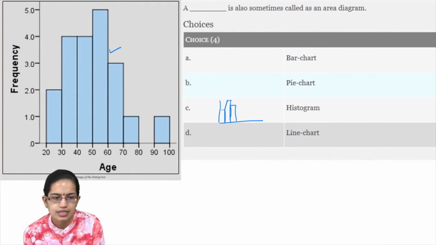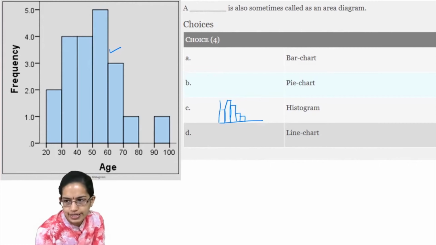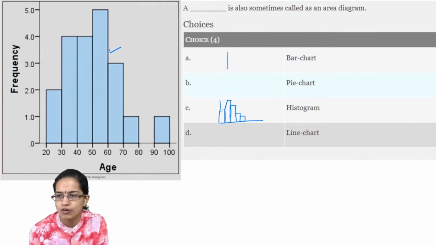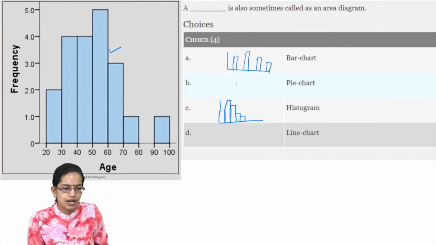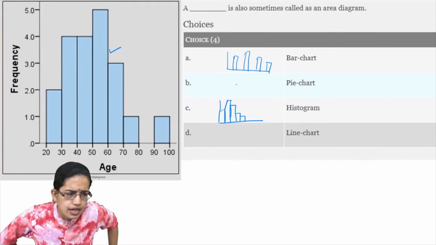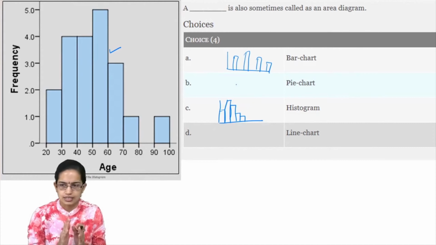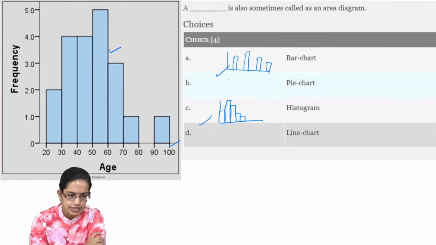One after the other and the values are attached, okay, or the diagram is an attached diagram, where we also call it an area diagram. However, in a bar diagram you would have individual bars, and I do not actually find out the class reference for each of the bars that are there. So that is the major difference between the histogram and a bar graph that could be explained.